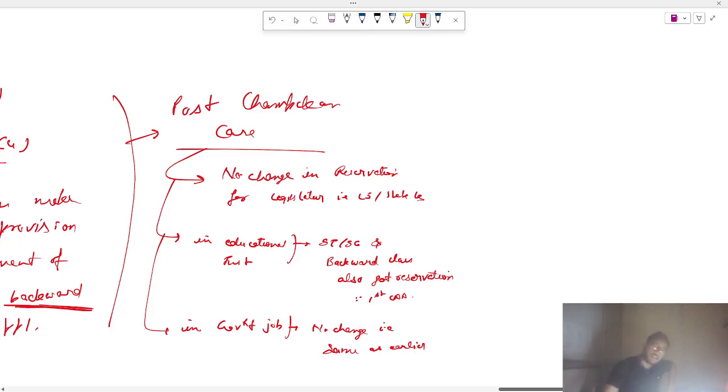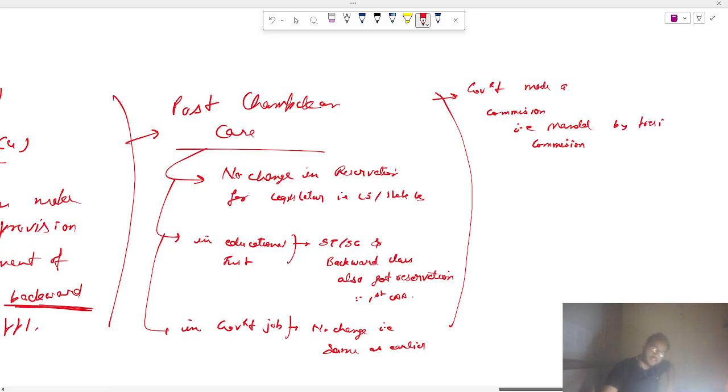Again, the government made a commission, that is the Mandal Commission, by presidential order. Basically the government made a Mandal Commission which would examine